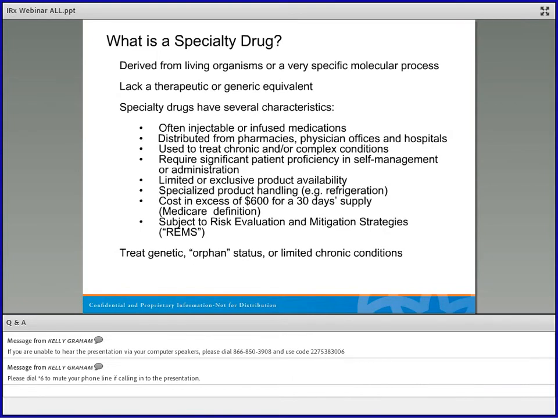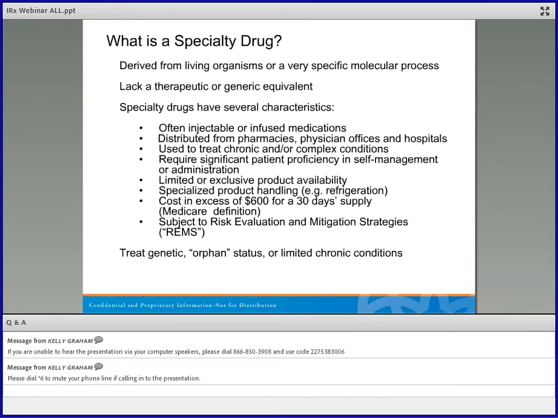They're also subject to something called risk evaluation and mitigation strategies, or REMS, which is something that the manufacturers have the pharmacies and the physicians comply with to make sure that these drugs are being utilized appropriately and that the side effects get managed, because in a lot of cases these specialty drugs have some really bad side effects. So that's really important from a clinical management standpoint, that they get cared for specifically, and that in a lot of cases you have a specialty pharmacy working with the patients to make sure that they get their medications correctly, they're taking them, and they understand all their side effects.